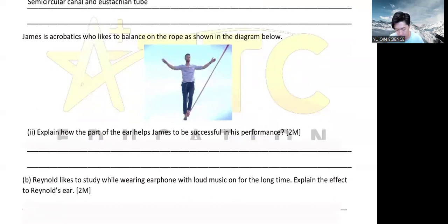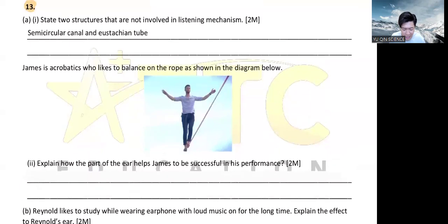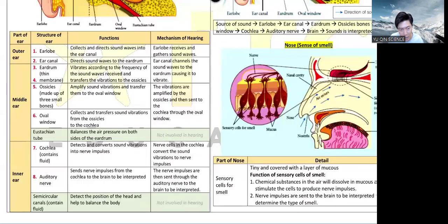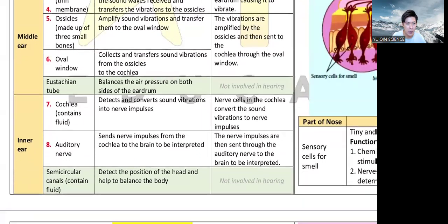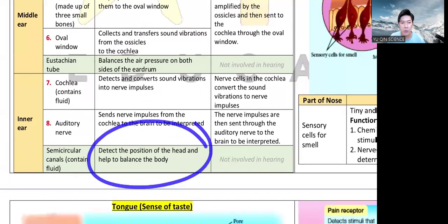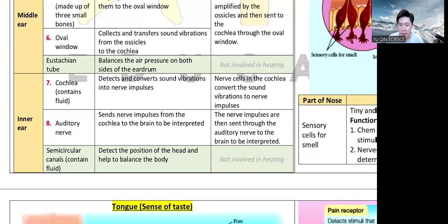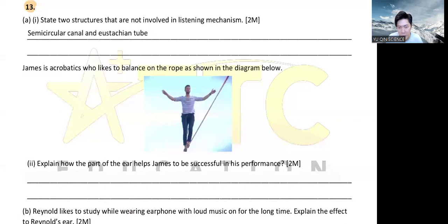Okay, so 2 marks. We dissect the question. First of all, what part? So the question wants you to write the name, semicircular canal. Can help him to be successful, asking for function. Okay, to balance the body. This is the way that the question asks, right? It makes you want to answer